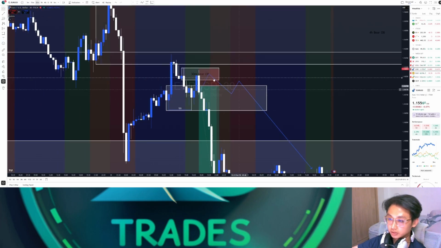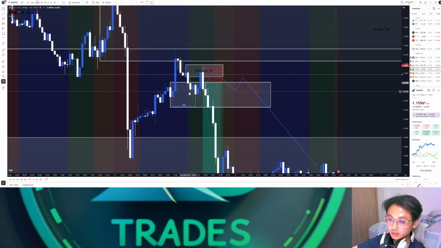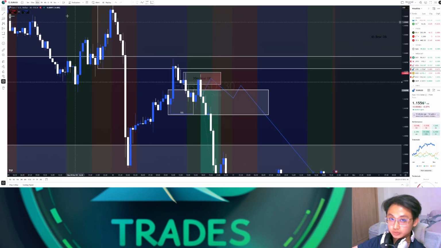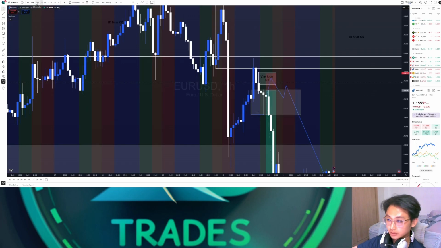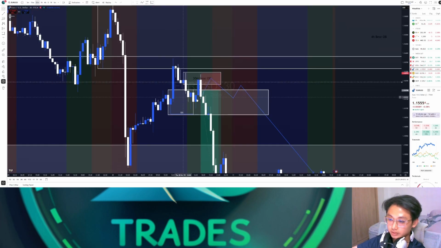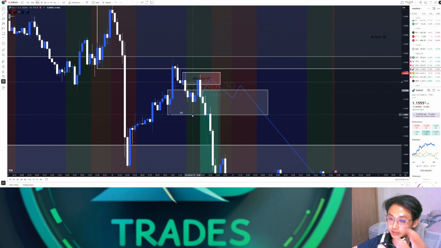Then going down to the 30-minute, we have this fresh 30-minute bearish extreme OB. As price headed down to mitigate this imbalance, it pumped up. As you can see, it came down and bumped up, came down to sweep this liquidity, which mitigates the 1 hour bullish OB, and then comes up to this extreme zone. So at this point, we shouldn't expect price to head upwards, because this zone is like the new supply zone,